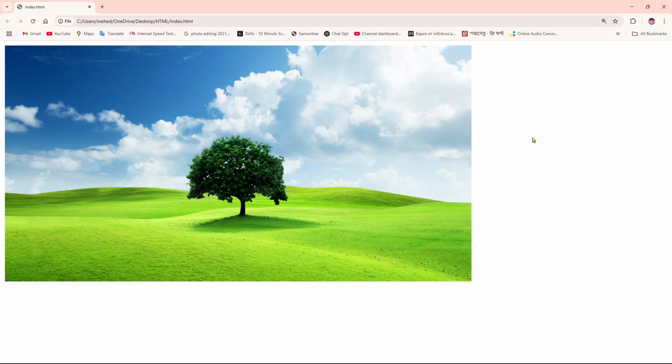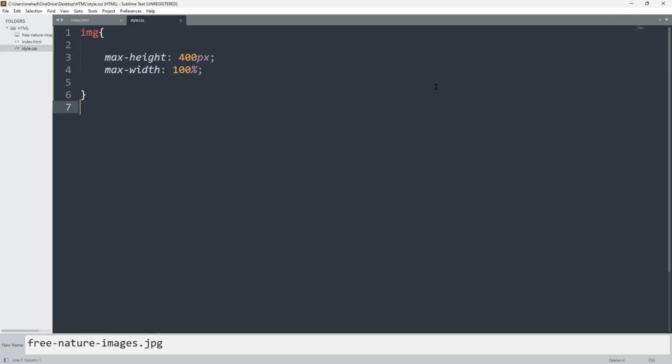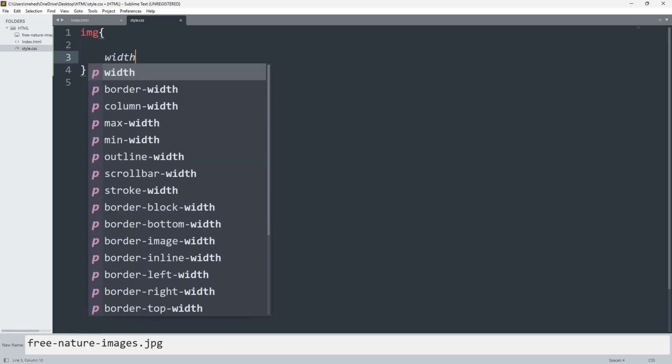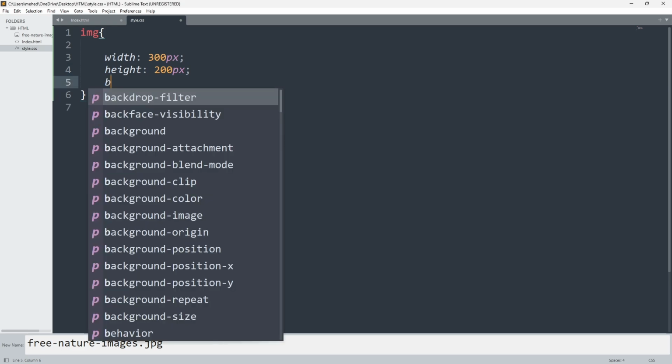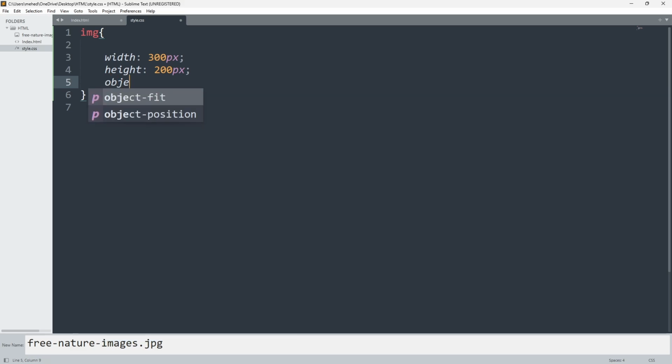Now there is another way to change the height and width, where we can keep the picture shape. What it means is, if we give the width 300 pixels and give the height 200 pixels, and then add object-fit and give it cover,